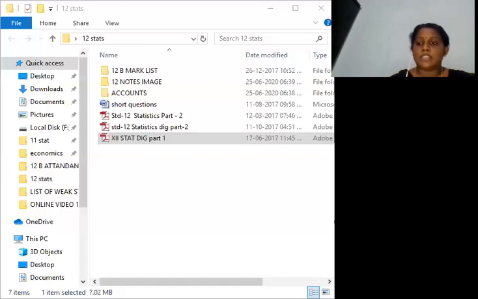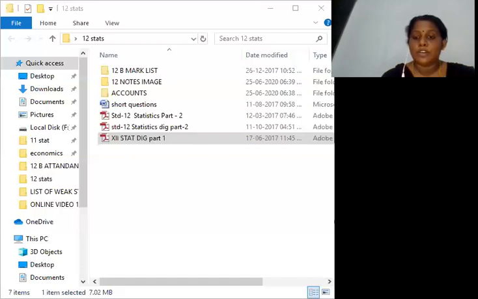Will the regression coefficient change if the values of both the variables are doubled with the help of transformation of scale? If the values of both the variables are doubled, then they are multiplied by 2. So Cx is equal to 1 by 2 and Cy is equal to 1 by 2. Whenever the values are multiplied, we take 1 upon the number. Doubled means 2 times. Then the regression coefficient does not change.